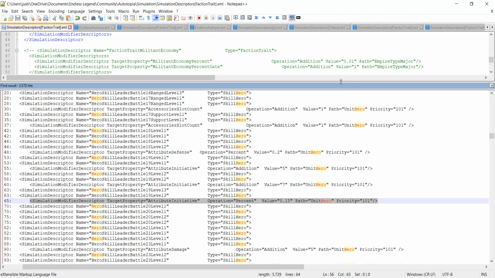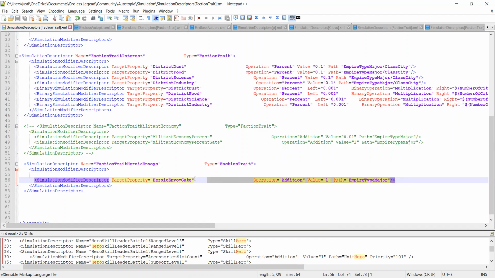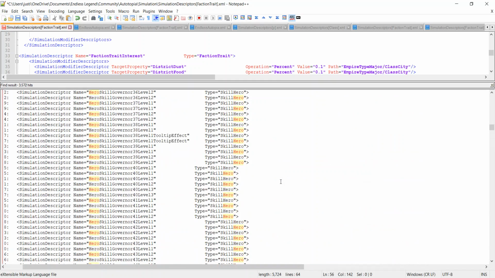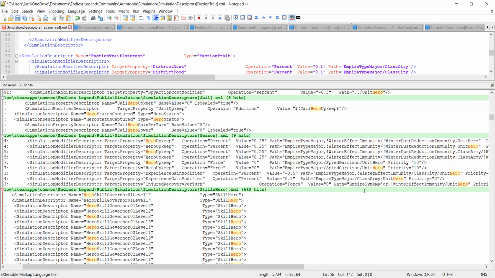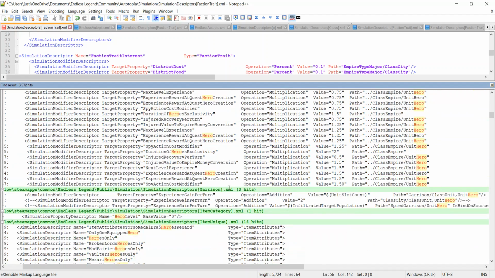So basically what this is saying is that it's just going to increase your initiative by 15%. And the only thing that I'm a little bit uncertain about is the path. I'm not entirely sure if that path is correct for our purposes, because what we might want is something along the lines of this, where it's instead the